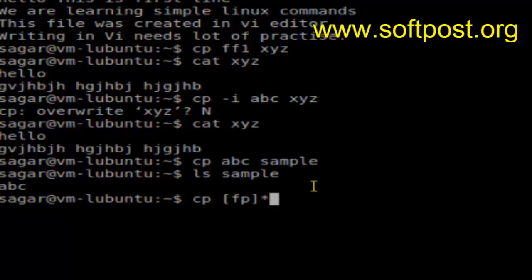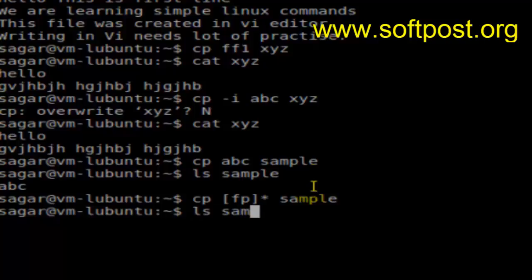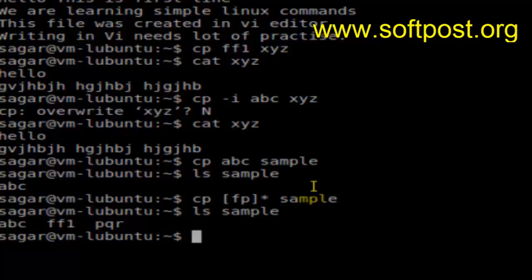It means that all the files that start with F or P should be copied to the directory sample, and then if you enter and see the sample directory contents, as you can see, the files ff1 and pq are